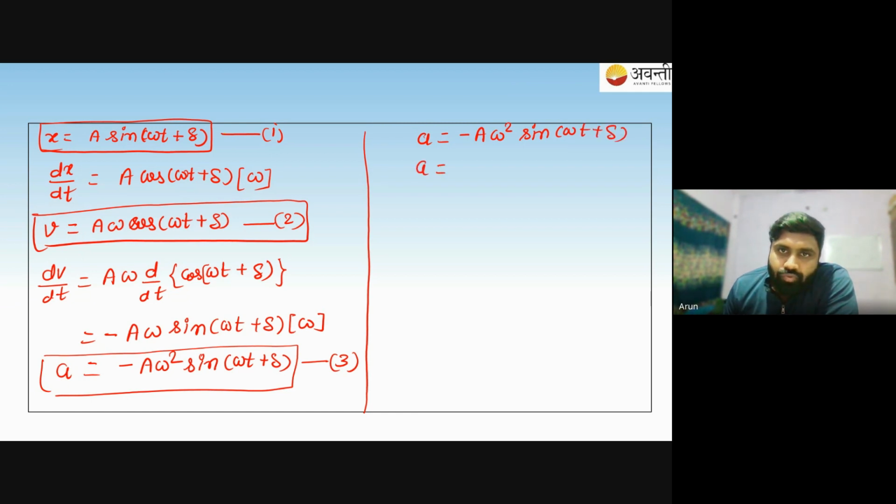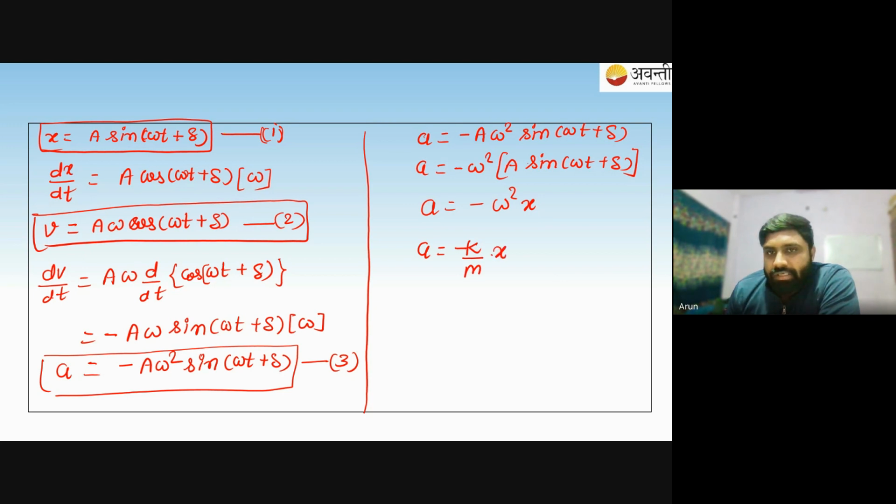If you take minus omega square and a with this sin(omega t plus delta), this a sin(omega t plus delta), we have seen it somewhere. This is equation 1, x. So acceleration here is minus omega square x. And from the general equation of simple harmonic motion, we have acceleration equals minus k upon m into x. So if you compare it,